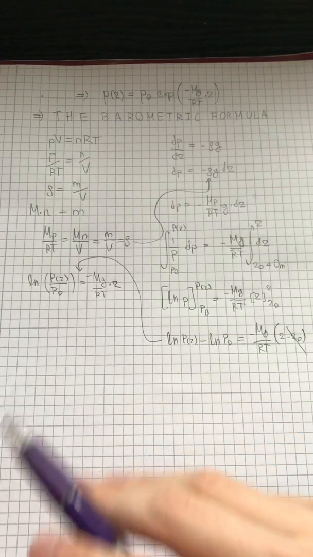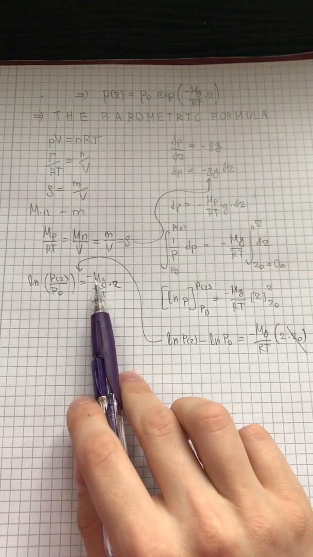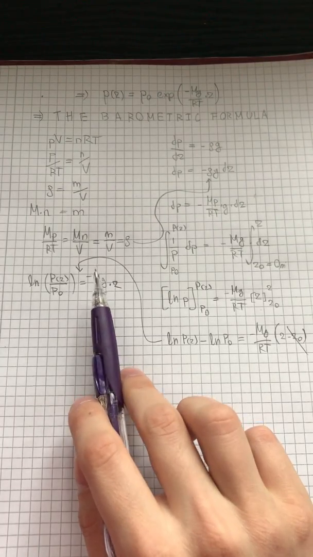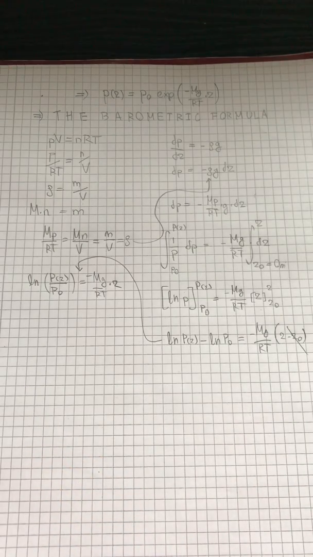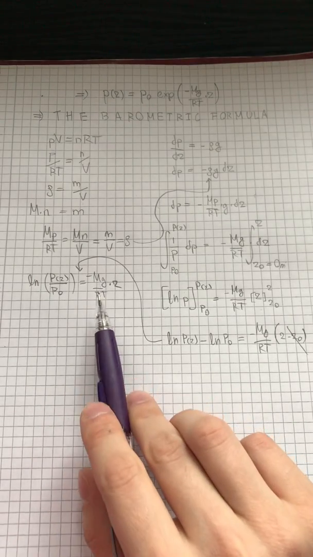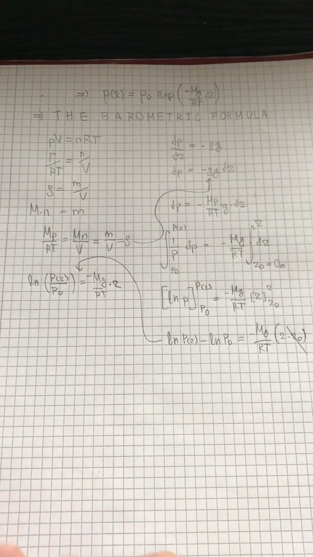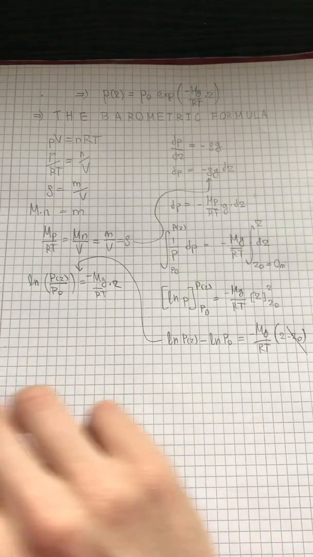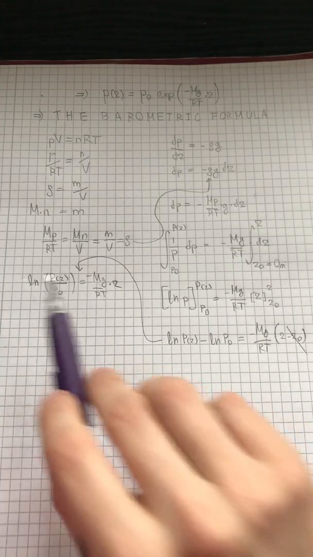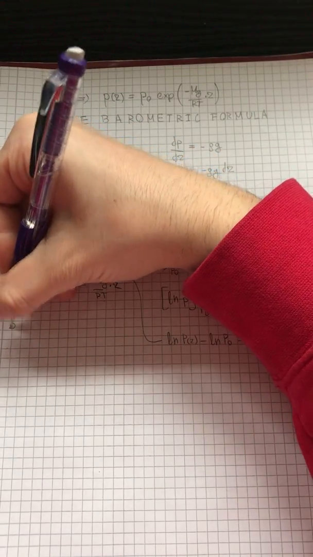This constant we're going to pretty much keep throughout the entire derivation. Just be reminded that it's equivalent to minus molar mass multiplied by gravity, so 9.81 meters per second squared, over universal gas constant multiplied by temperature. But that's all you need to know for now. So from here, what we can do is raise both sides to the e, so we can cancel out the natural logarithm here, and doing so gives us